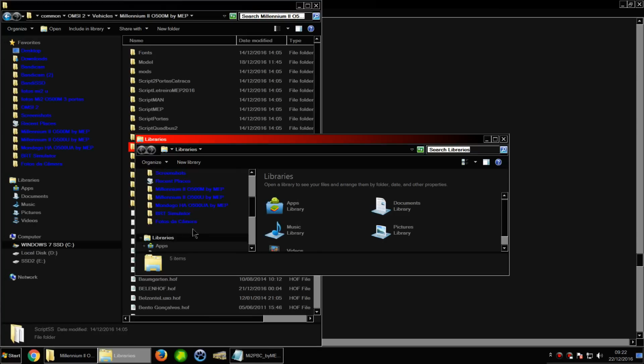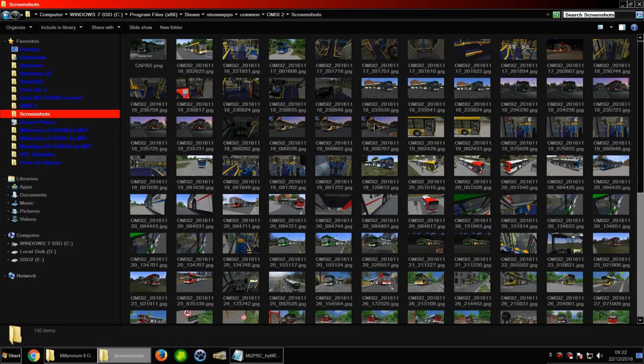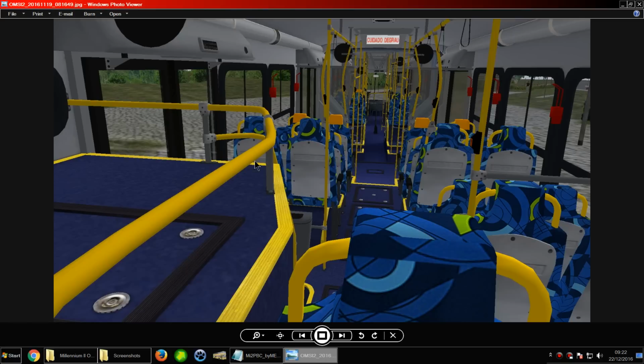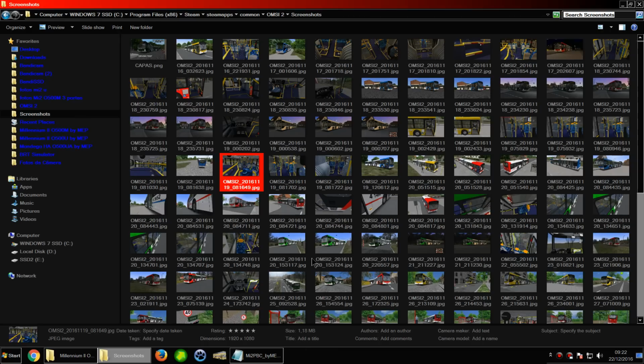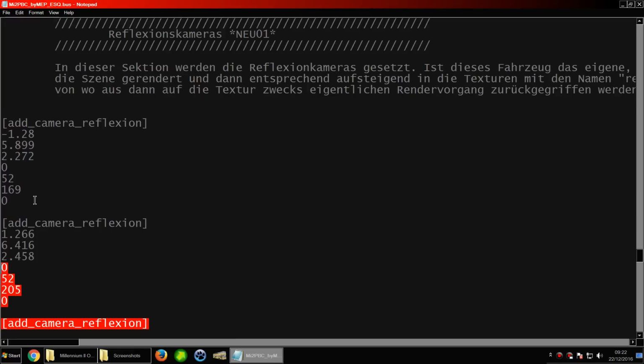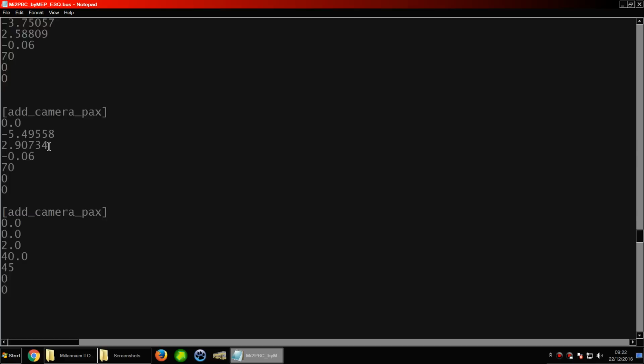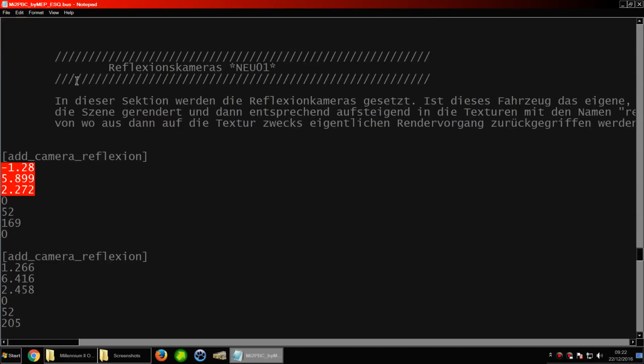Let's open another window. Let's see if I have that here to show you. I hope so. It's too far away, but it's there. It's like this. These mirrors here will be the third. I will explain this maybe soon when we get to the converting process. These 3 first numbers are the coordinates. The configuration here is like the cameras here. It's almost the same, but these are